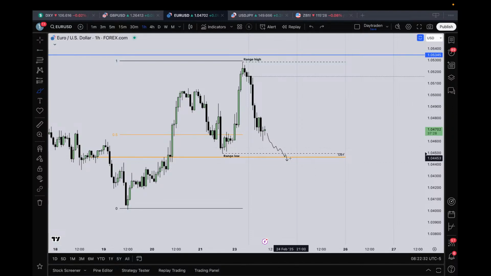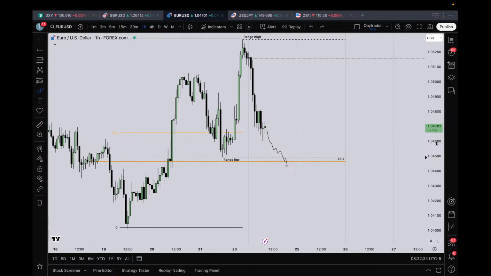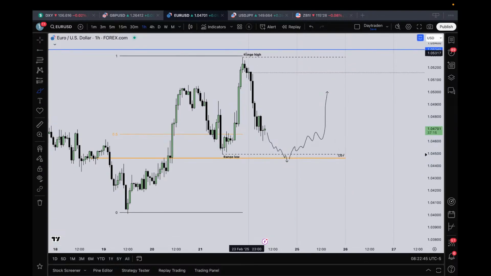Or again, you are going to wait for institutional sponsorship at the high time frame key level, where you want to see displacement after the sell side liquidity pool has been raided, and that you are going to play the continuation towards the range high, which is the low hanging fruit, but we should also reach that buy side liquidity pool on the daily time frame if we are going to trade higher towards that range high.